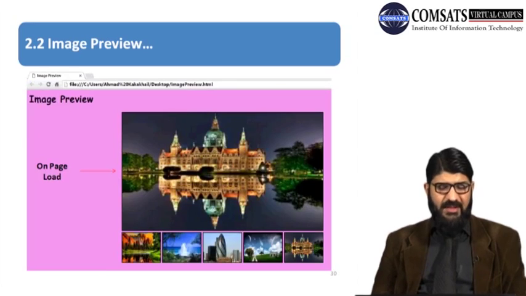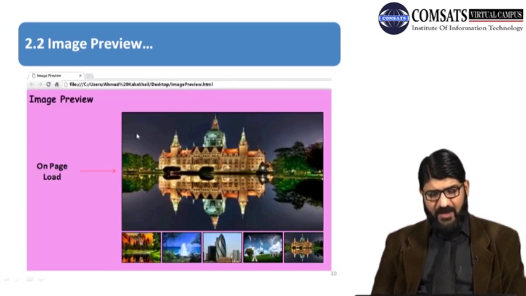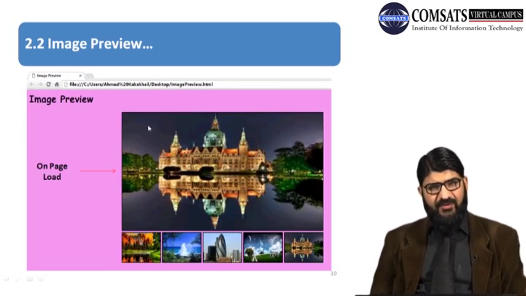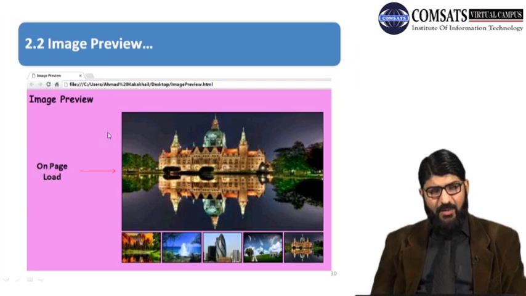Here you can see the output. So there is a table created. Here you are previewing different images. On page load, the first row of the table is loading this particular image, and in the second row of the table, the 5 images are appearing with their respective height, width and border in particular sequence and getting changed with the change image function accordingly.